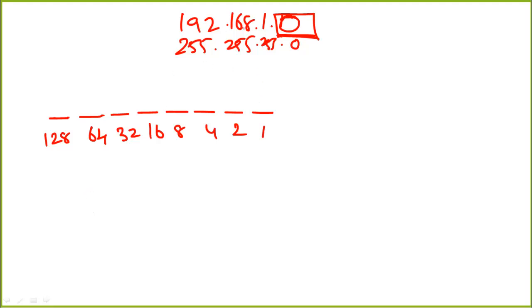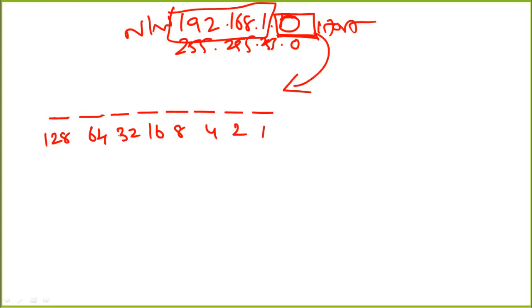See this, 192.168.1 is the network address. We are not supposed to make any changes to this network, so let us keep this network address aside. All I'm going to do is play with the host address. I have taken only the host part here. What I'm going to do is borrow 1 bit from the host. What will happen if I borrow 1 bit from the host? I'm going to borrow the first bit, this one. This alone I'm going to borrow.